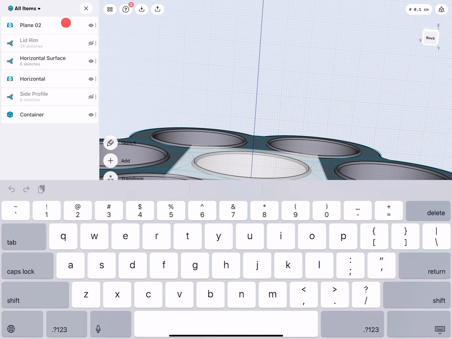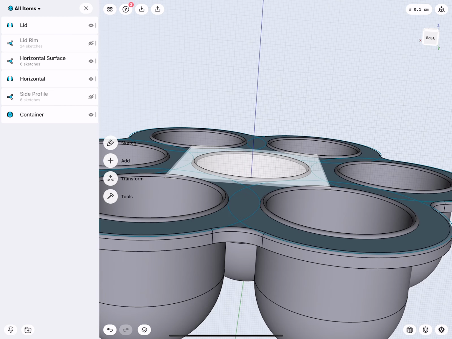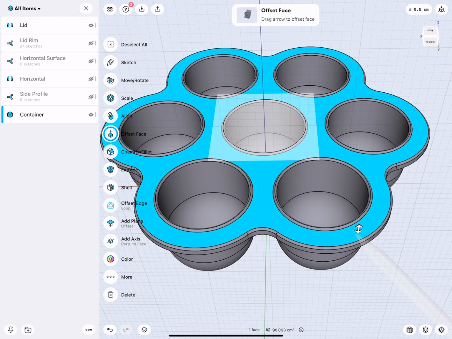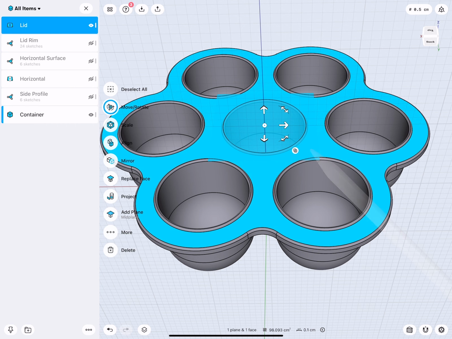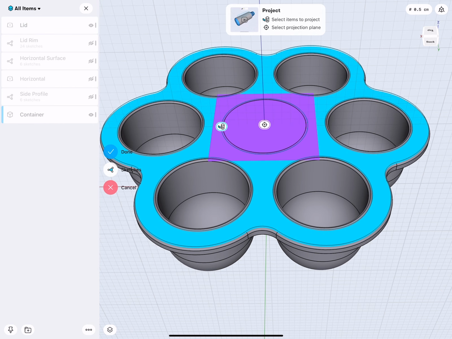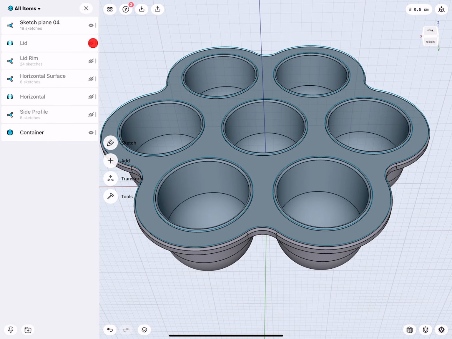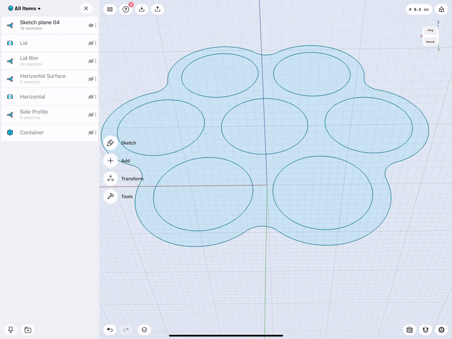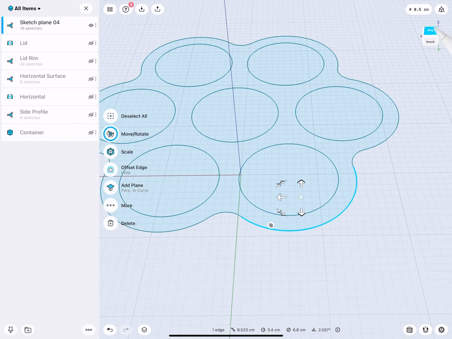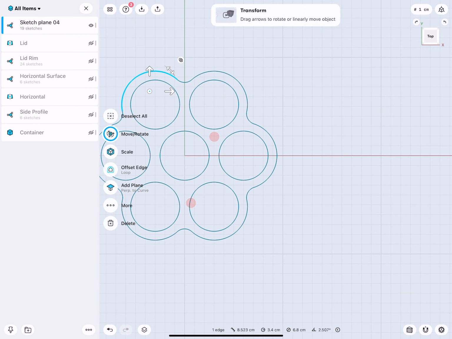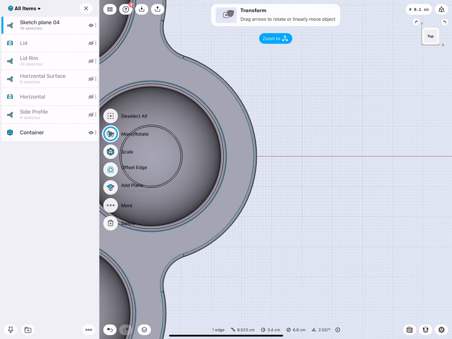Because this is actually the lid. Okay, then this we can hide. This I hide too. So when I select this outline or face, click this, I can project this to it. Very nice. Hide then everything else. We have a little fillet here. So when we go to the top view, take a look, there you can see, now there's a fillet.